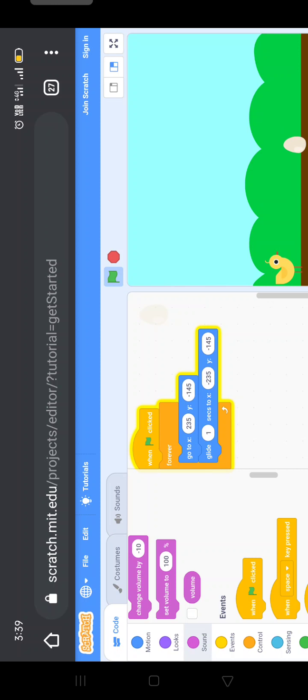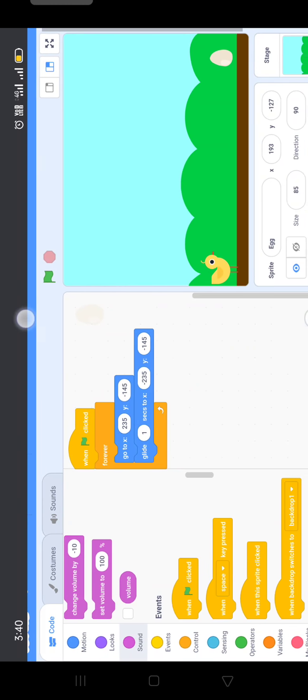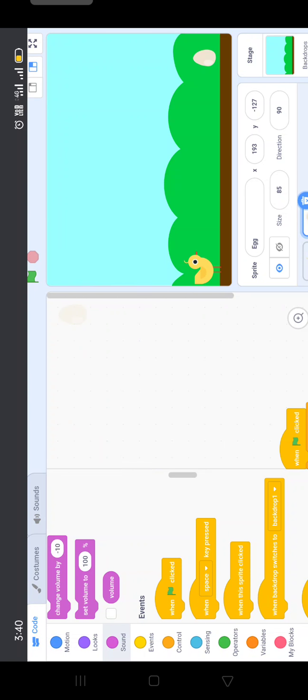When clicked, the egg is gliding, you can see here, correct? So stop it and take your egg to here. Now your egg is gliding. When you click the flag, it is going.